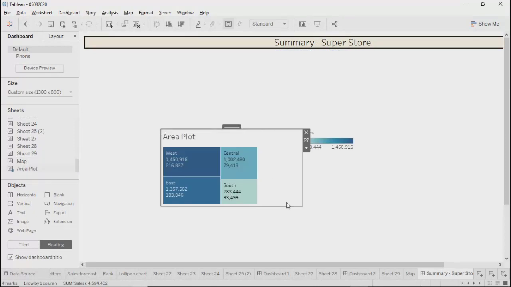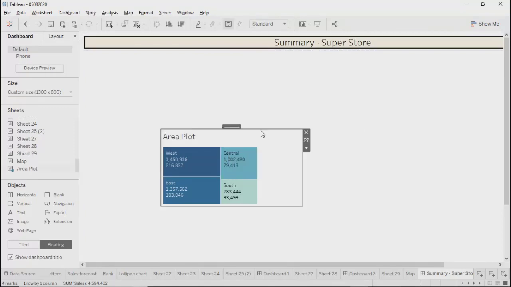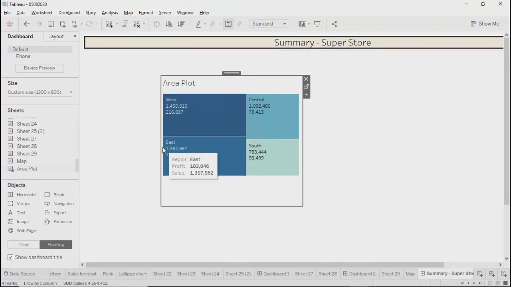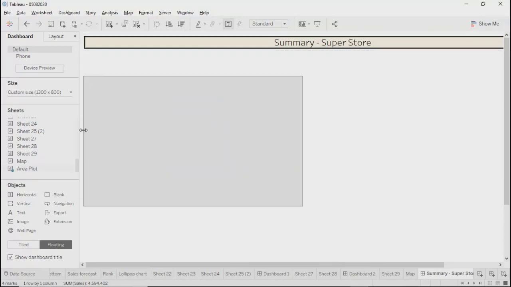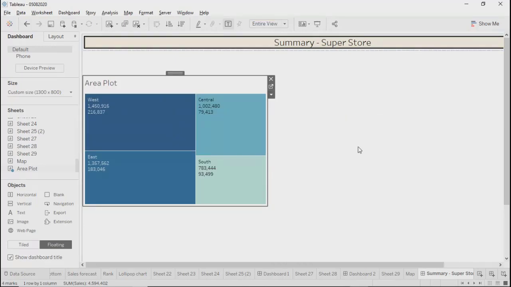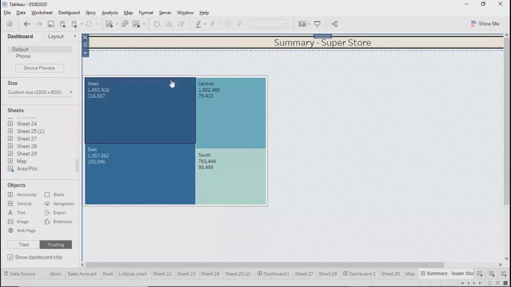Wherever you want, you can drop it. So that's the difference between tile and floating format. Once you get it in floating format, you can put it wherever you want. And you can say entire view. Then if you want, you can keep title or you can remove the title. So something like this.